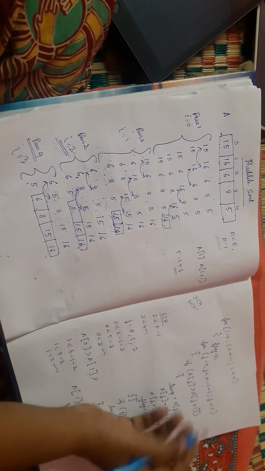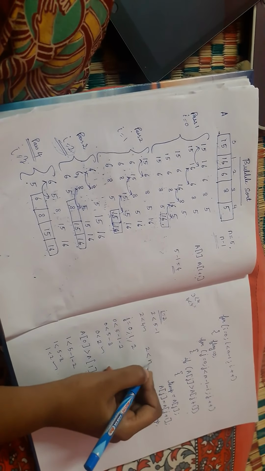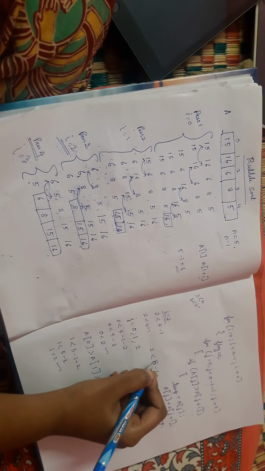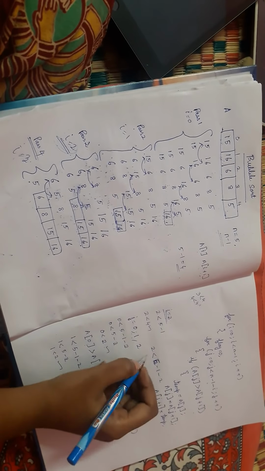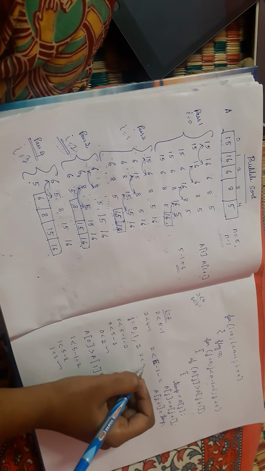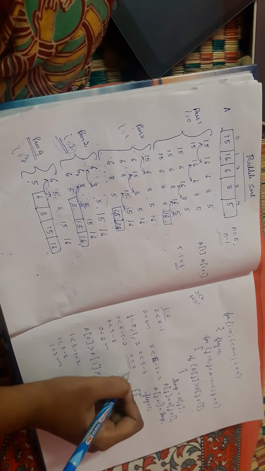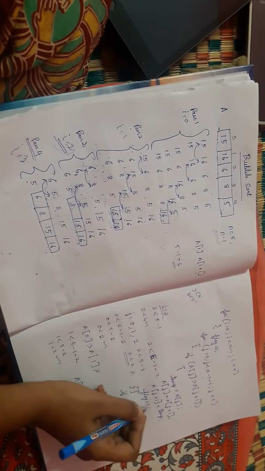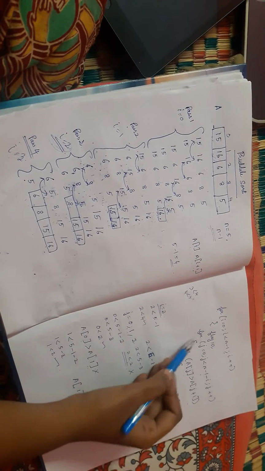So again I am going to compare this value. J value now is 2, less than n minus 1 minus i. N value is 5, i value is 2. So now compare 2 less than 5 minus 3. 2 less than 2. Is this condition true? No, 2 less than 2, no. So this condition has failed, so I will not enter inside this. This loop will be closed and I will go out of this loop.